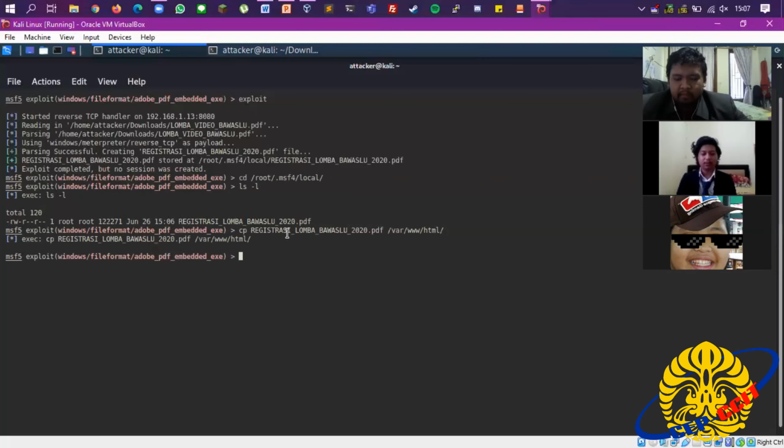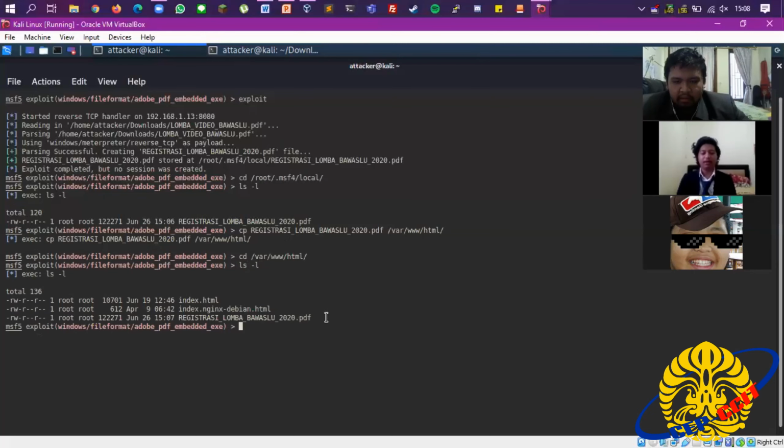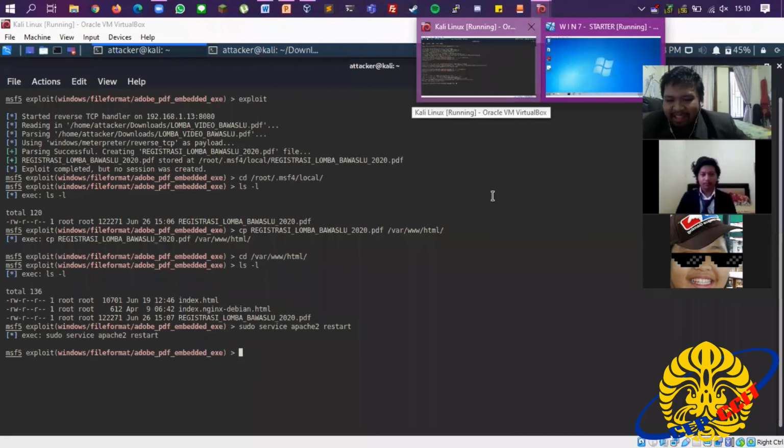Now we have successfully copied the file to the web server. And now we want to go to /var/www/html to check that the file has been copied. The file is already copied, and now we want to restart the service. Okay. We're going to configure the multi-handler.